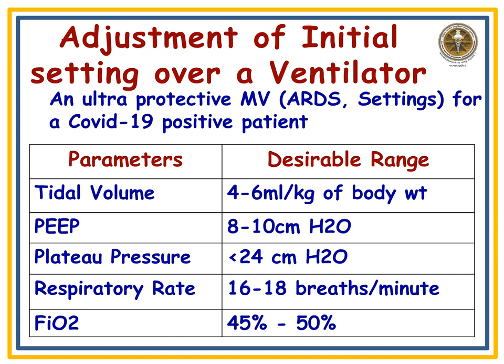For the respiratory rate setting, we prefer a range between 16 to 18 breaths per minute, that is normal breaths we have to set. Next is FiO2. FiO2 will support the saturation of the patient. We are keeping a range between 45 to 50% in the ventilator. After 1 hour, you go for ABG. If your values are still abnormal, then you change the existing parameters on the ventilator.